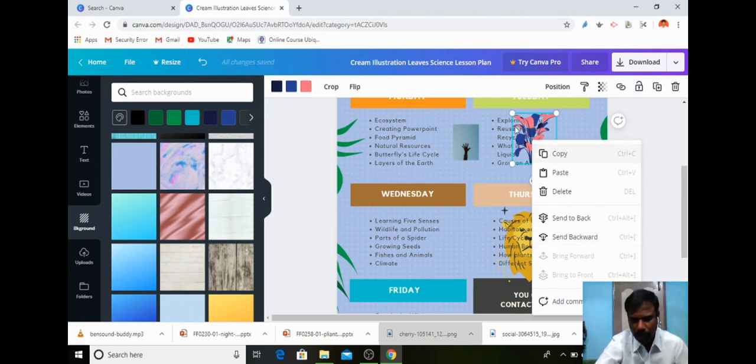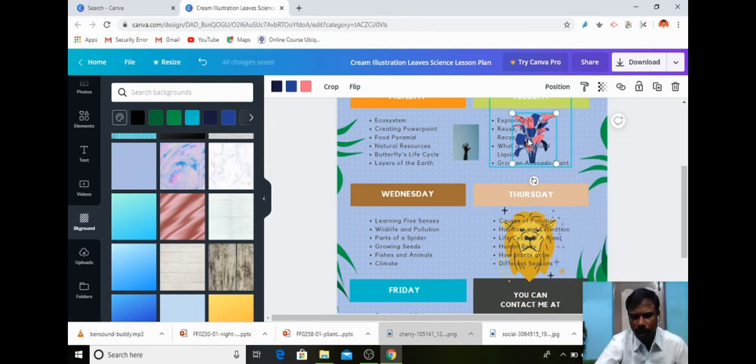So I can right click it and use send to back. So after that, if I want to reduce the transparency, I can go to this one. So this is the position, and here we can copy the same style, and this is the transparency. For example, if I reduce the transparency, the particular flower image will look like a watermark.